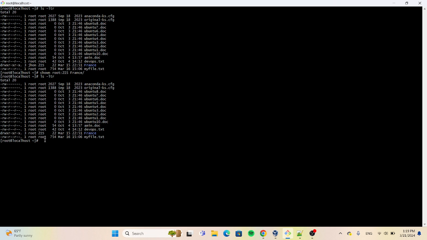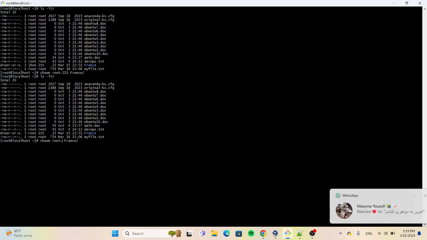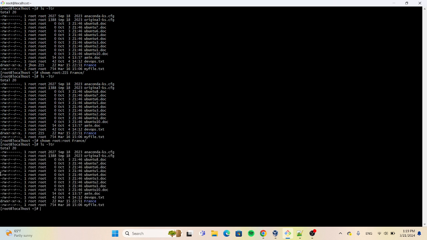So for example, if I want to change the group as well, I want to change the group IS to root as well. So how can I do that? I can simply put root. Right now, if I want to change that, you can see I changed the user to root and the group to root. For example, if I want to change that again,